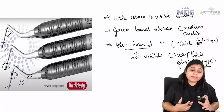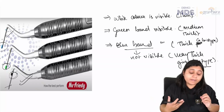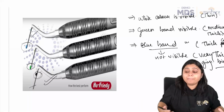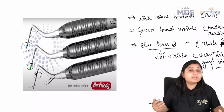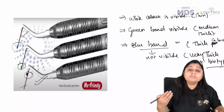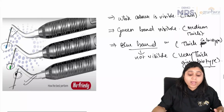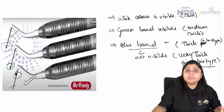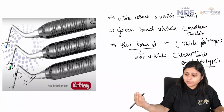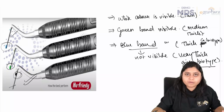So this is why we must know what the gingival biotype is. Why is gingival biotype important? To plan our treatment properly, because if the gingival biotype is thin, then there are chances that there will be recession. And in cases where we need to take a split thickness graft for recession coverage,